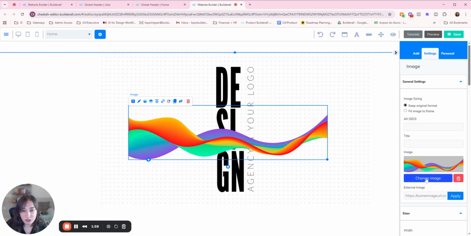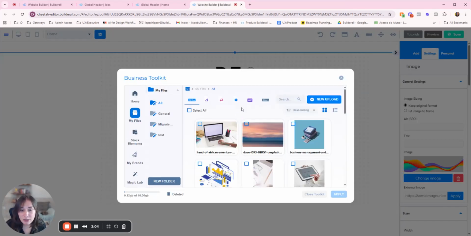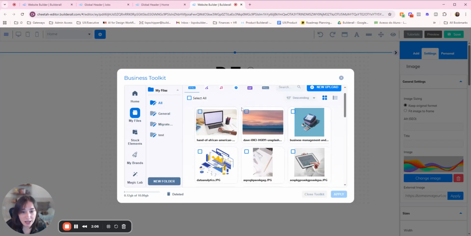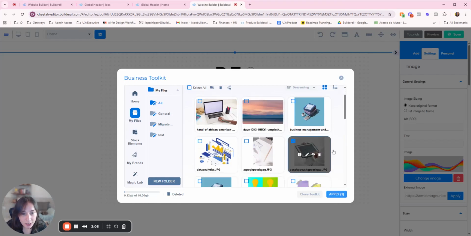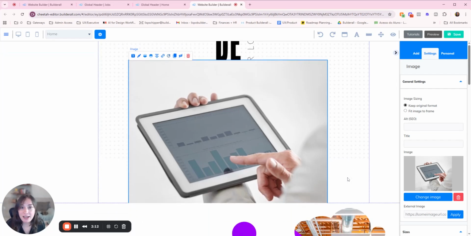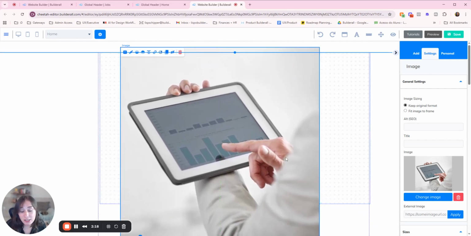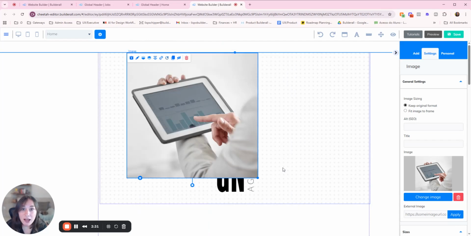And if I were to change the image and choose an image that isn't of the same format, let's say I would choose this square image right here and apply it, the image element that I had just resized changed, right? So that's how it used to work. Now, with the new option that we've added, which is the fit image to frame option,